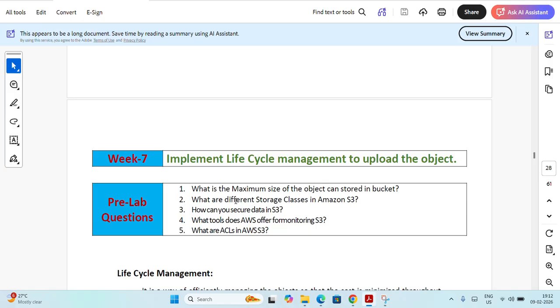When the object has been assigned to the bucket, then that particular bucket is going to have some rules. Basing on the rules, it is going to see the time period, maybe 30 days. If we are assigning 30 days, after 30 days it is going to move to another bucket. For example,